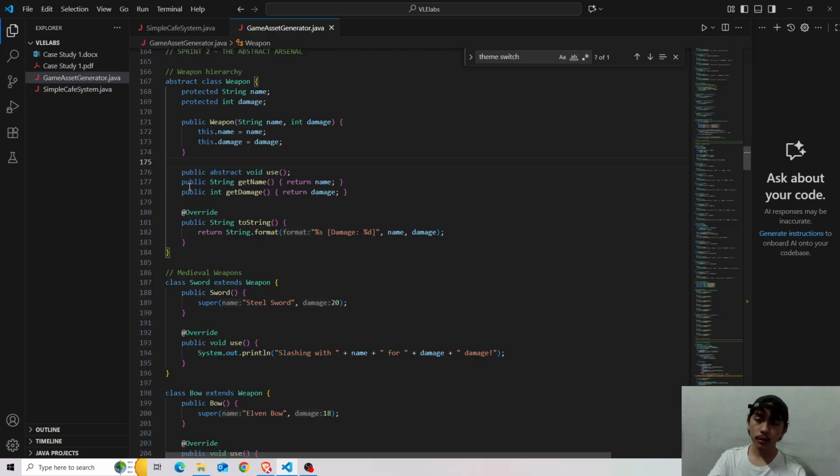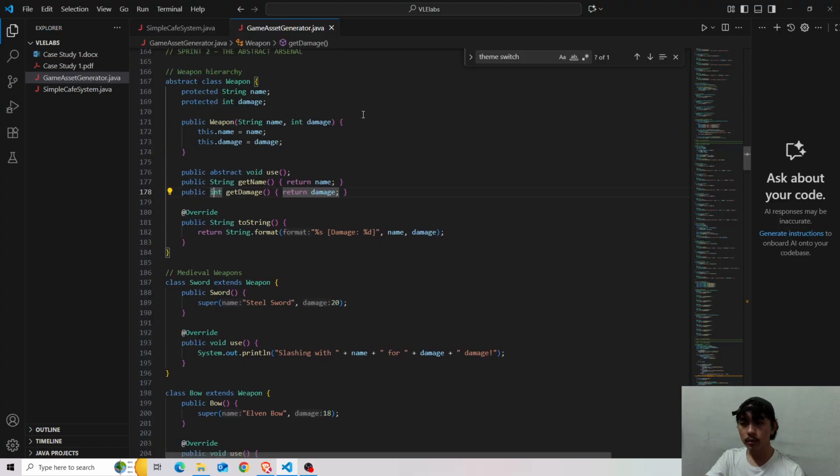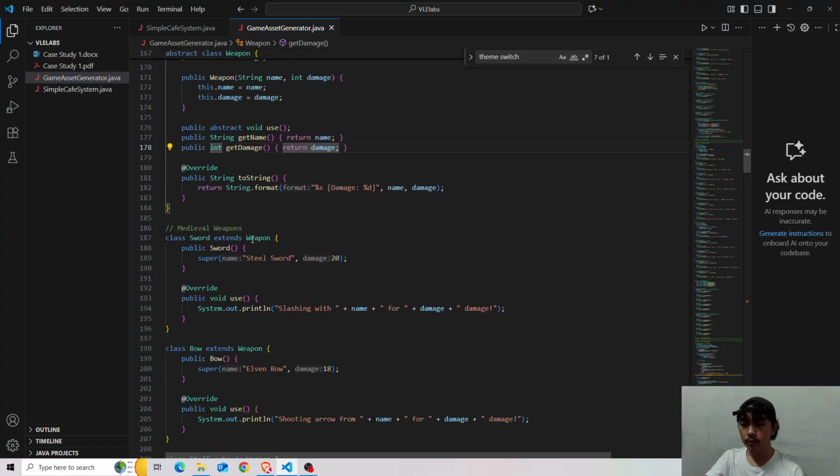So toString, just like earlier from the character, format it, since we'll be getting the damage, which is an int, so we have to format it to string. So format to string, damage, name, and then damage, right? So we have here medieval weapons.